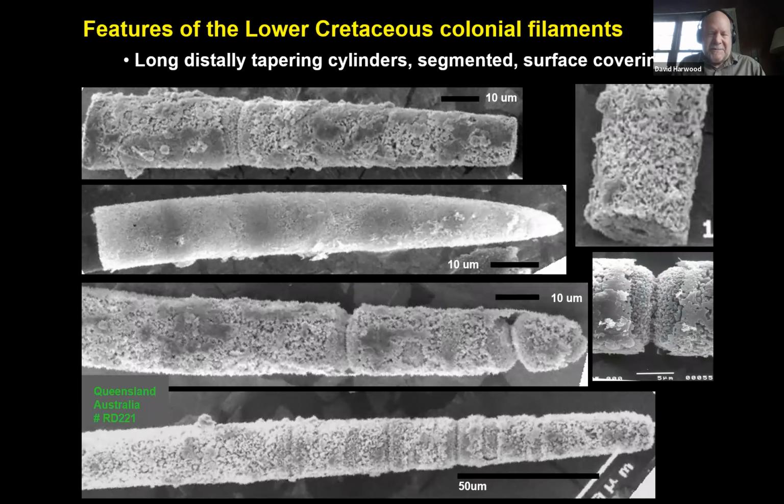And this material is pretty poorly preserved, but amazing to be able to find these long filaments, these long tapering filaments. If any of you in the more modern world know of diatom filaments like this and colonies that taper towards an end, I'd be interested to hear about that. But you can clearly see in the density changes from some of these filaments that there are cells beneath what would appear to be an outer